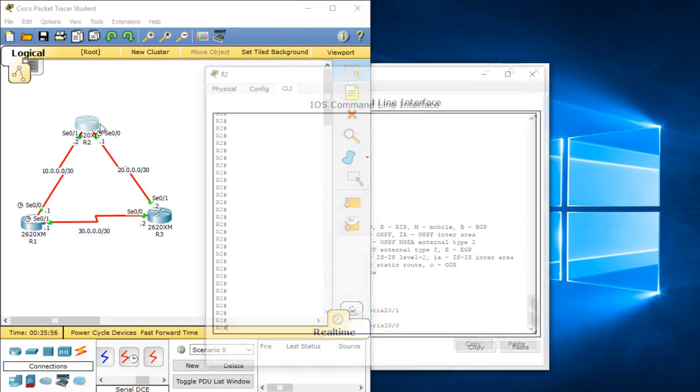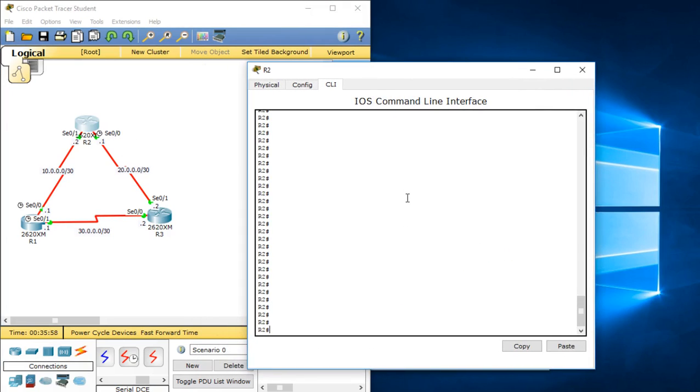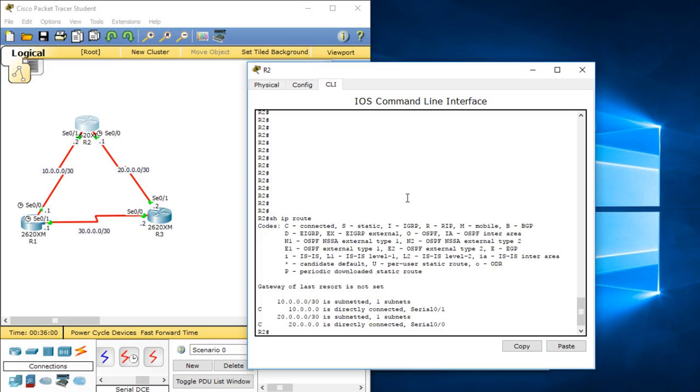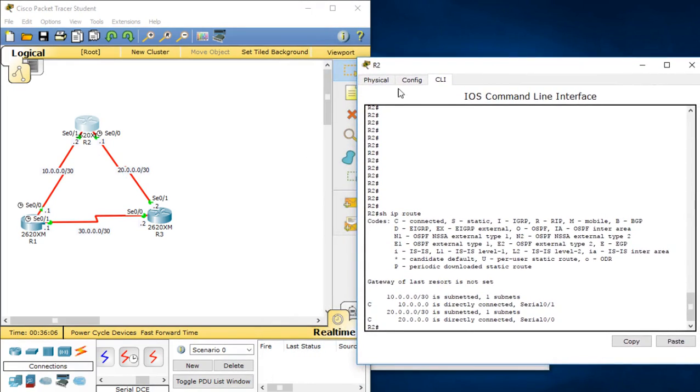And also on R2, if you do a show ip route again, you can see that it's only learning the 10.0 network and the 20.0 network. So we need to configure OSPF to have adjacency between these routers so that R3 can learn of our 10.0 network, R1 can learn of our 20.0 network, and R2 can learn of our 30.0 network. So we're going to start on R1,